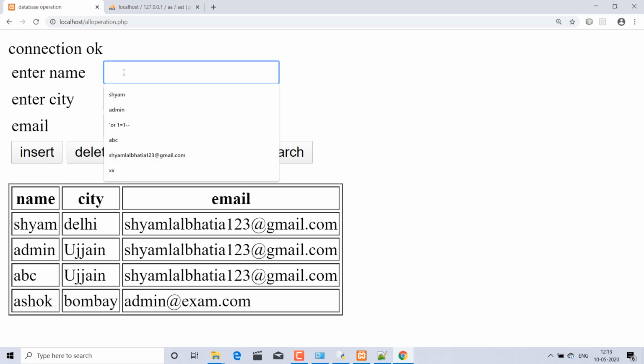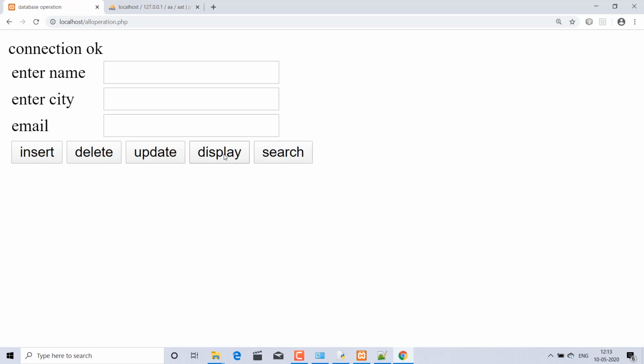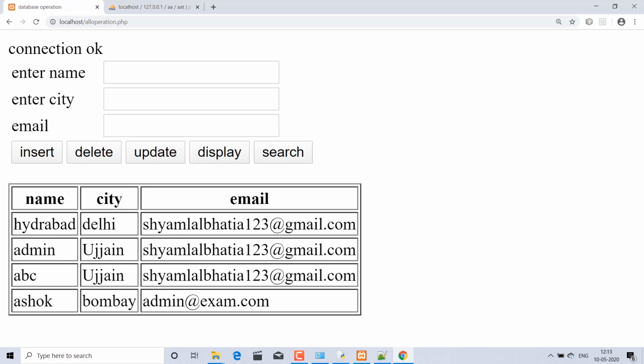Shyam I will update with Rajesh, or city you can say. Also you can say simple Shyam is the Delhi, so Shyam is the Hyderabad, you can say Hyderabad, and just update it. And display, yes, update operation is also working. Yes, the city is Hyderabad, name replaced by city, that is Hyderabad.